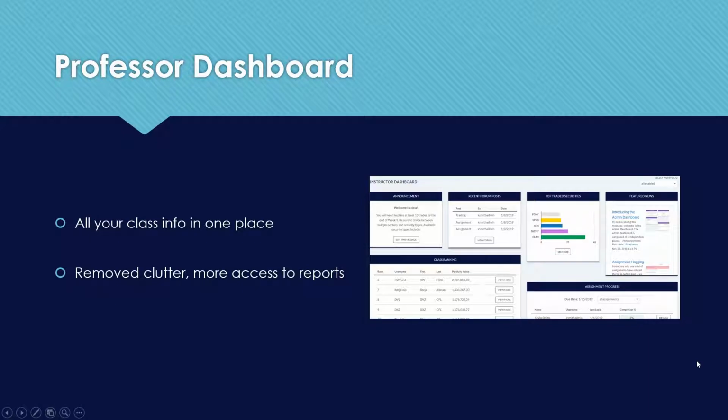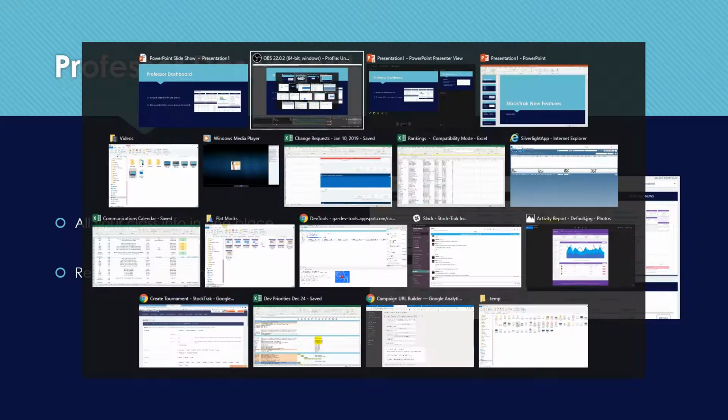So first up is called the Professor Dashboard. You've noticed already when you've logged in with your professor account that you have a couple little tidbits of information right when you log in on what's called the dashboard now. But we're revamping this from the ground up. We're putting it together to make it a lot easier for you to find the information that you need for your class. Basically, we removed a lot of the clutter from the page and we're putting it together to have the stuff you need. So if I pull up the Professor Dashboard